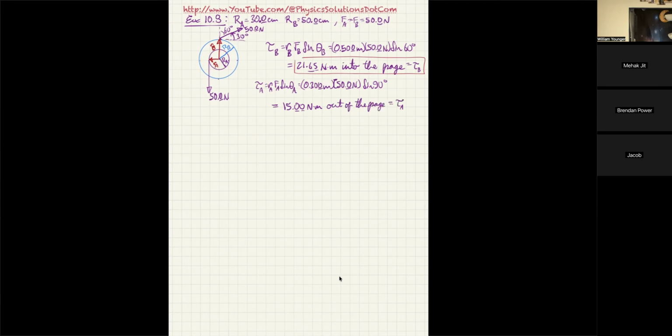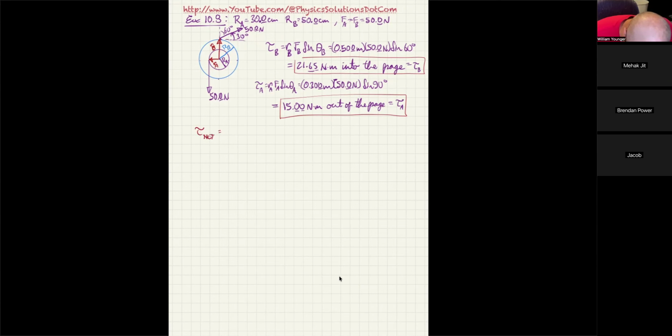And that's torque sub A, and I will box it off as well. But what they asked us for specifically was calculate the net torque. And the fact that they're pointing in two different directions just tells you, hey, one of these should be positive, one of these should be negative, and it doesn't matter which, but the main thing is they're fighting each other, so they have to subtract. So